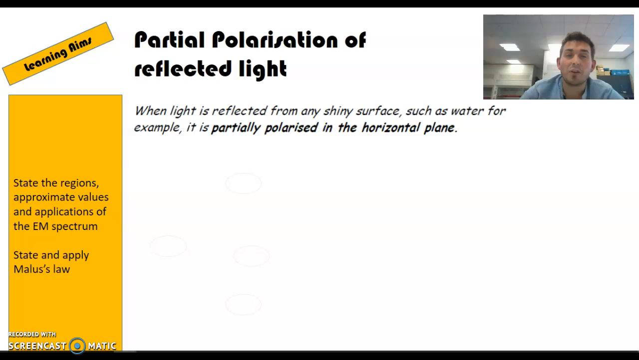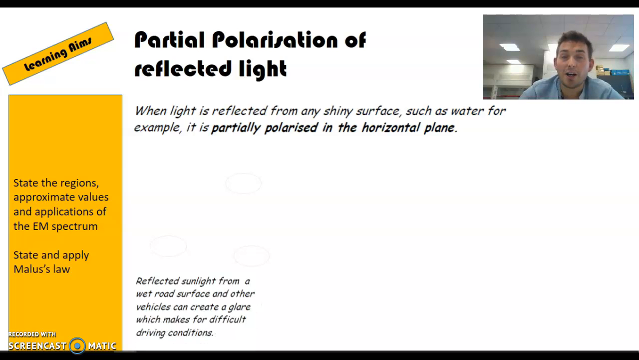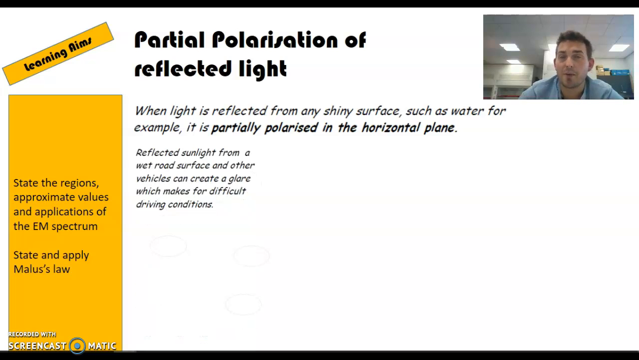There you go. And there's also this thing called partial polarization, which is something that happens when